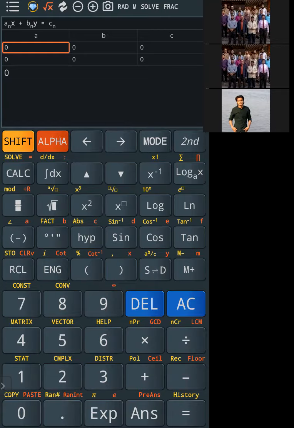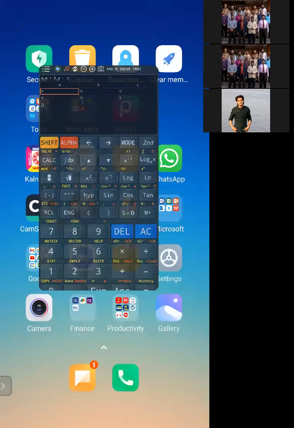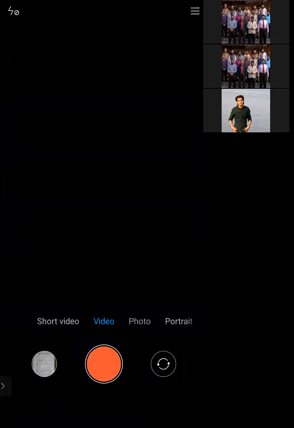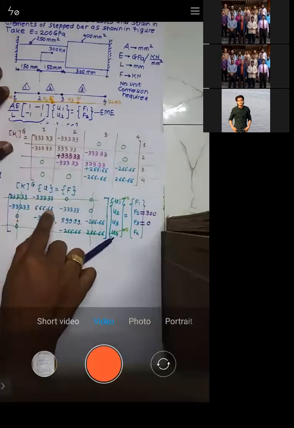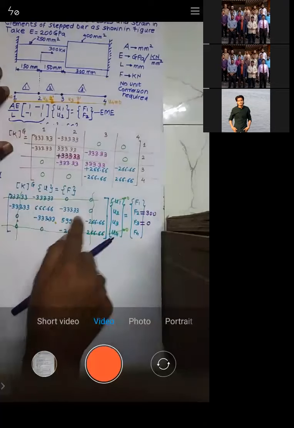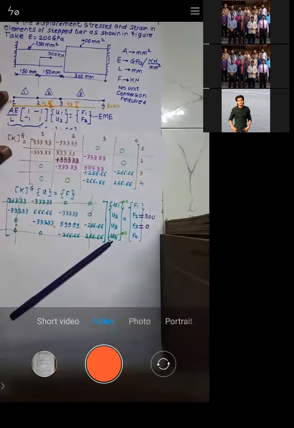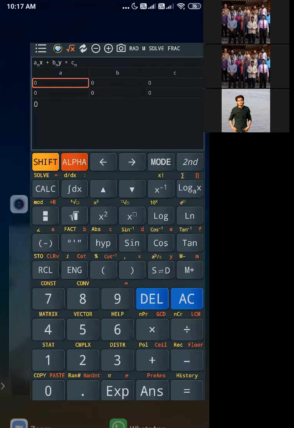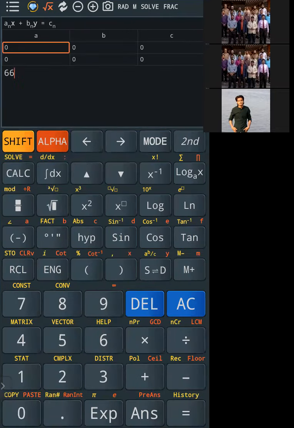So I will start entering the values now. Try to understand these values. This is A1, B1, C1, A2, B2, C2, like that. I need to put these values. So this is 666.66, then minus 333.33, then 300.